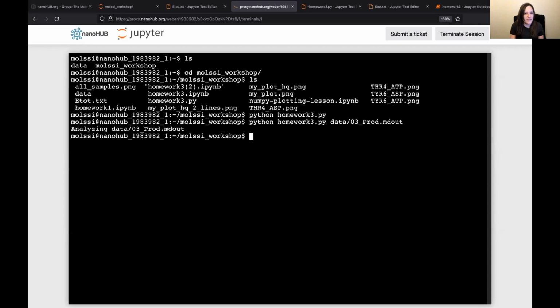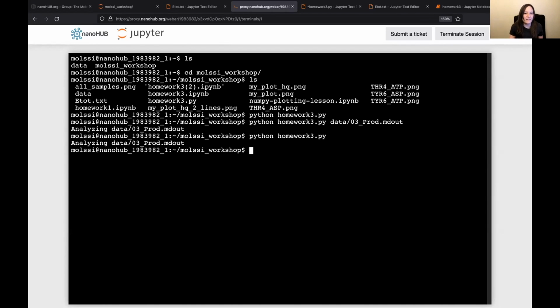So the place that that's most likely to occur is on your sys.argv line. And did you remember to type the file name after homework3.py? Because I'll show that if we don't type a file name here,